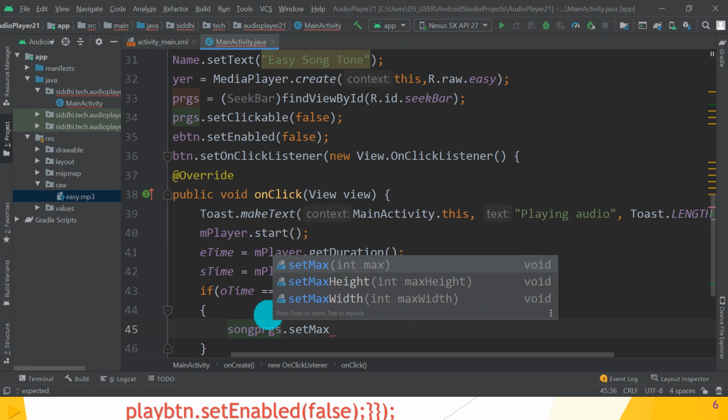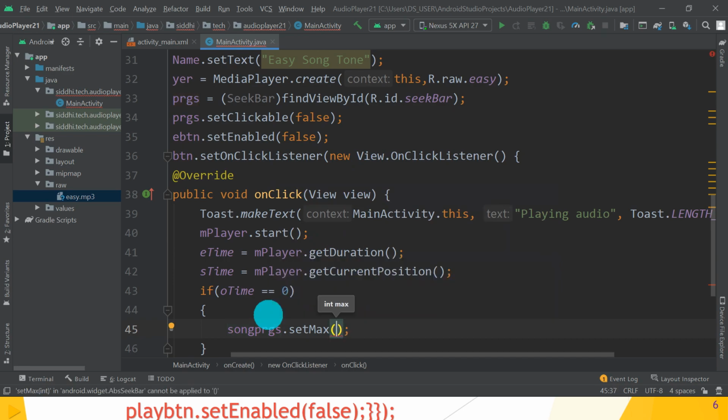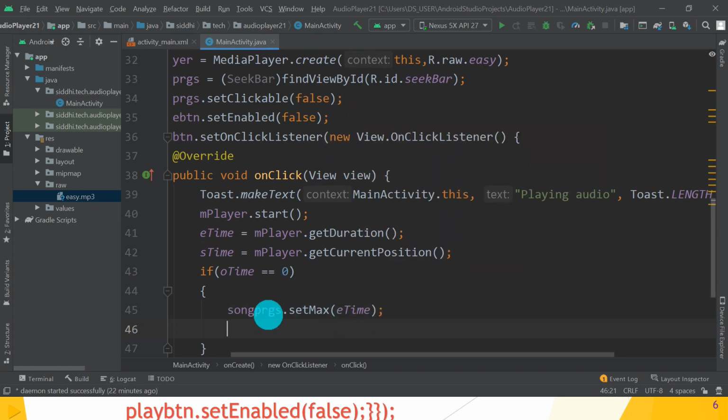So what is the maximum song duration assigned to the seek bar? This is set by using setMax. And what is the set maximum time? That is the end time, because eTime gives the maximum duration of that particular song, which is saved in milliseconds.